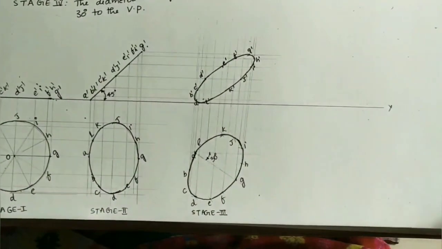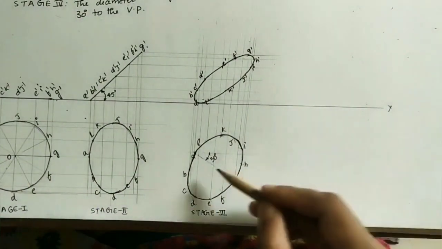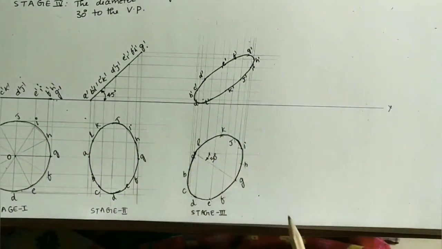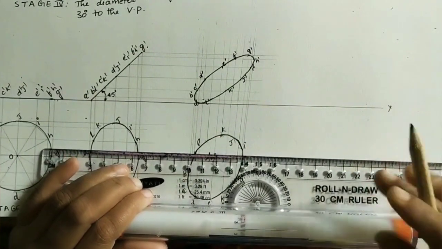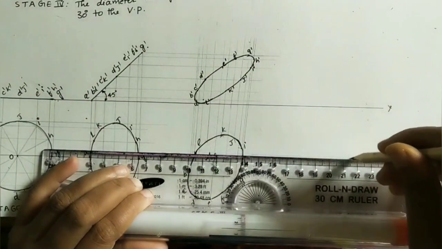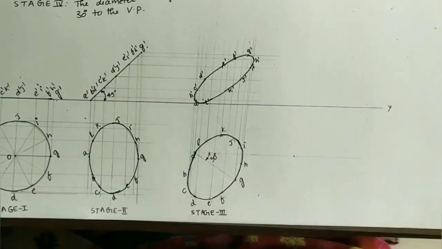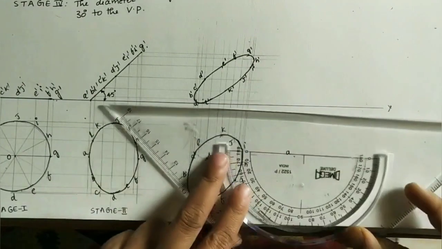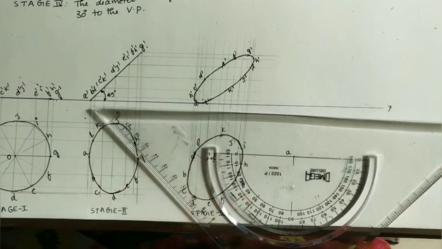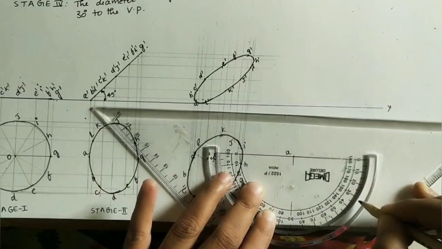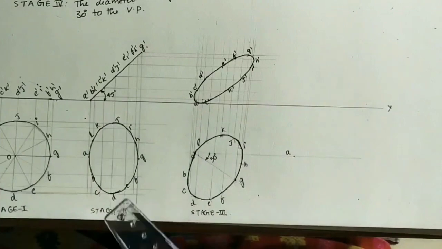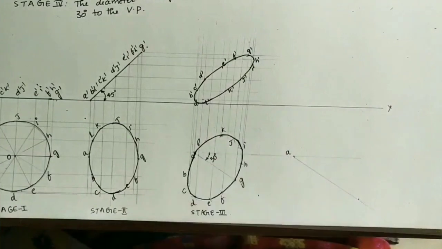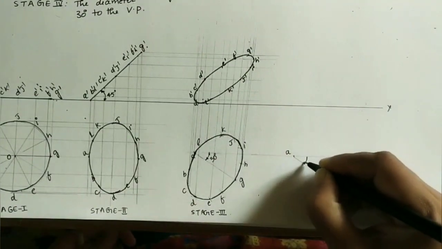Okay. Now here, take the 30 degrees line. I will take it at the same place, though we can take it at any place. So take it at any one of the points, that is A point. Now take the 30 degrees line. Take this length. Do the line here in this direction. Now this is making 30 degrees with the VP.